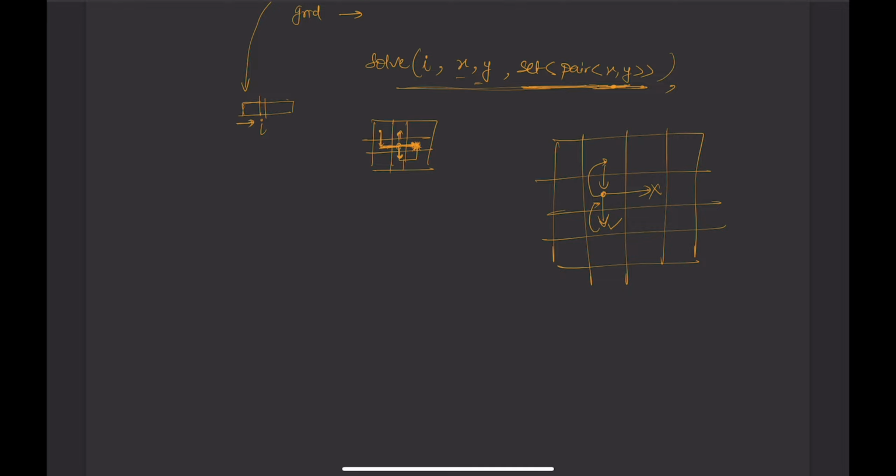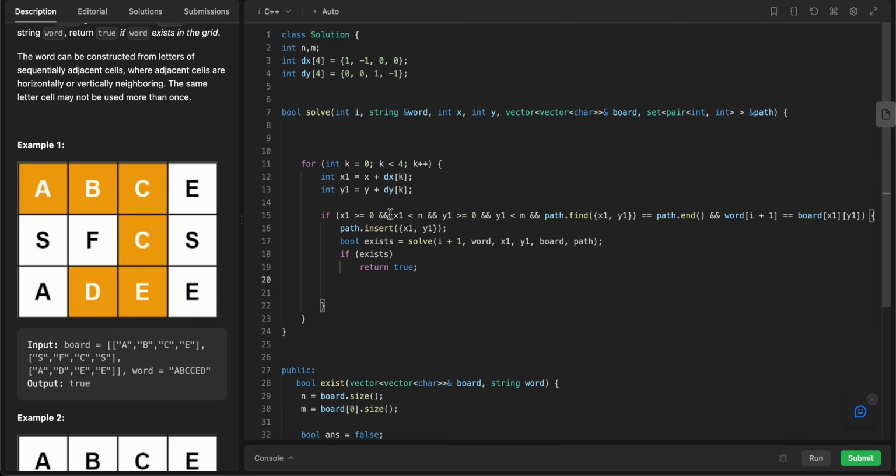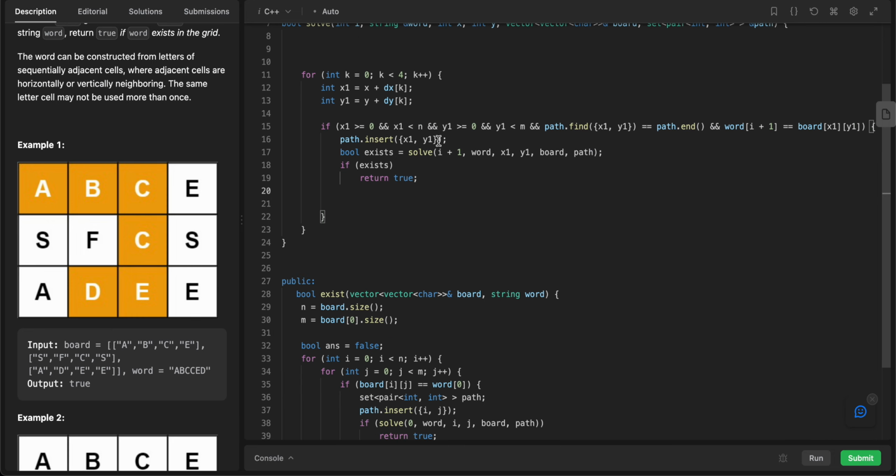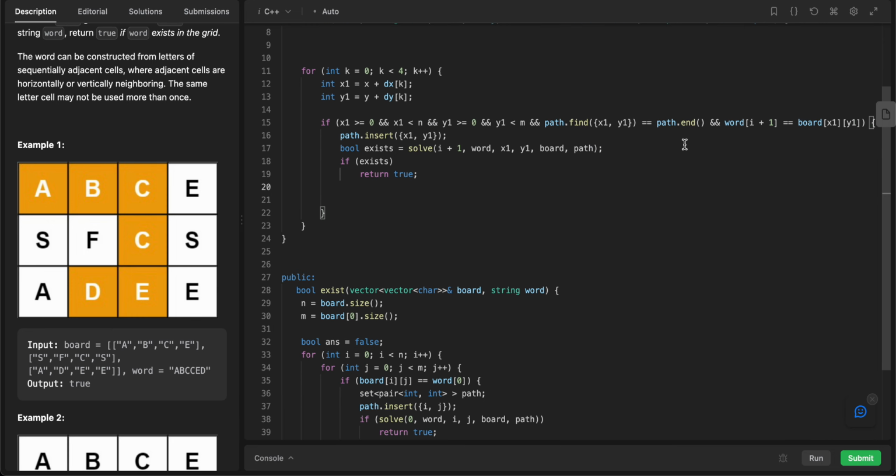Let's say it was coming from here. I think, yeah, got it. So if it is possible, so I checked key. If I can go to this path, take this inside this, and if from there, from x1 y1, it exists, then return true. If it does not exist, try another direction. So but before trying, we should delete this